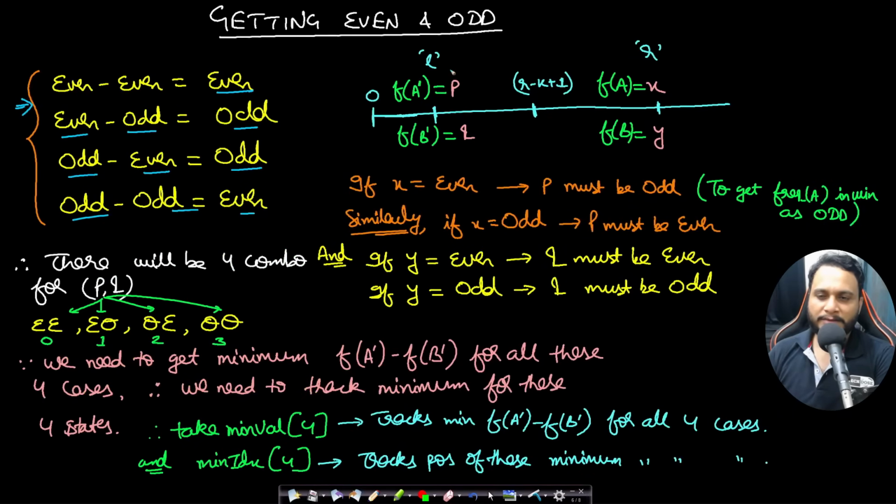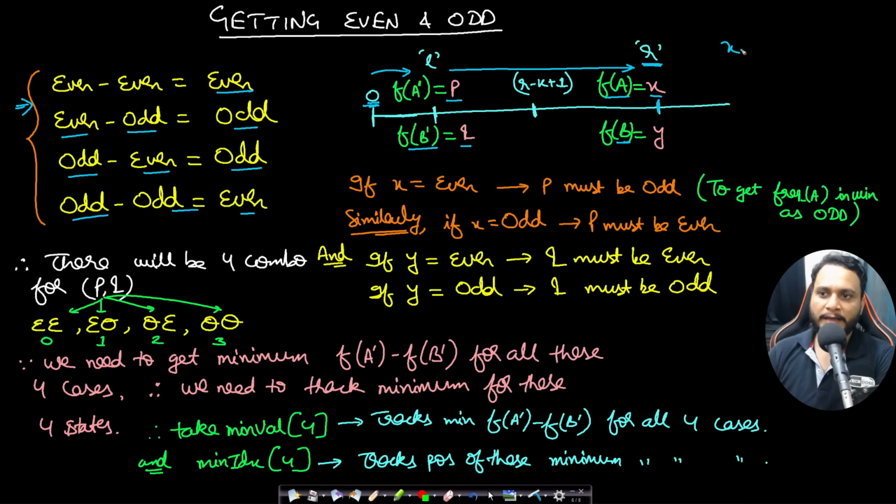So again I can generalize this entire thing, and I can say that if your right pointer is present at R, where f of a is the count of a from beginning, from 0 till this index R, which is x is the count, and f of b is y, that means the count of element b from index 0 to R is y, then I can just compare it with an L pointer where you want to place, so that from 0 to the previous value of L pointer, if you get f a dash to be p and f b dash to be q, then in between